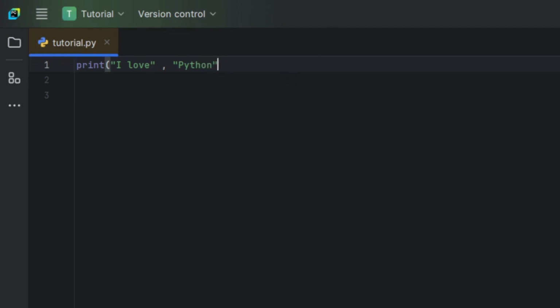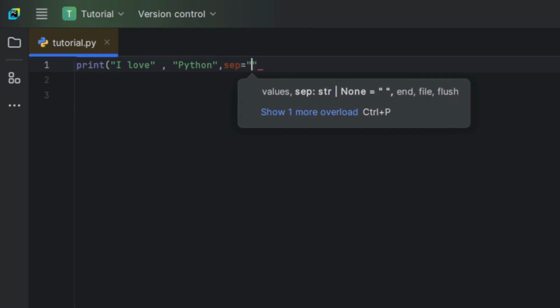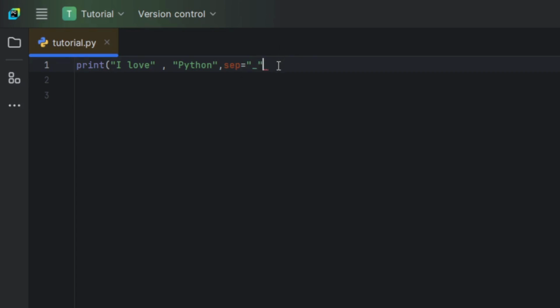And let's put another comma and let's write sep is equal to underscore. And then let's also give it an end value. End is equal to asterisk. And let's end it with a bracket and we'll move on to the next line.